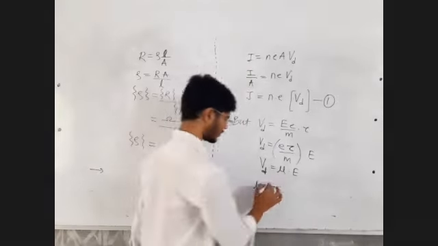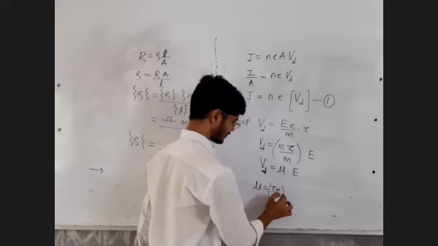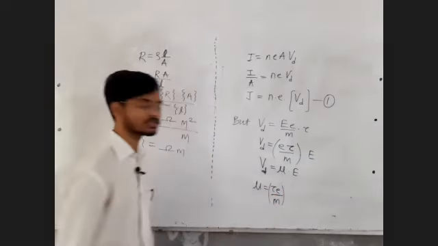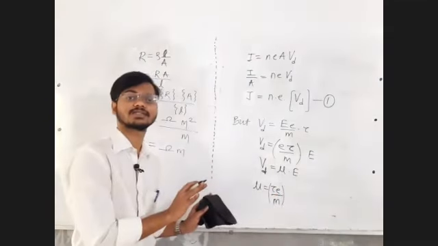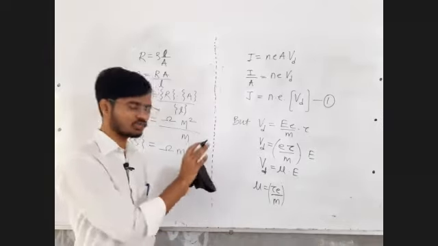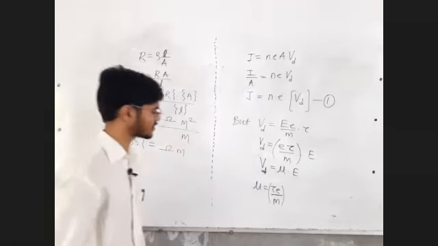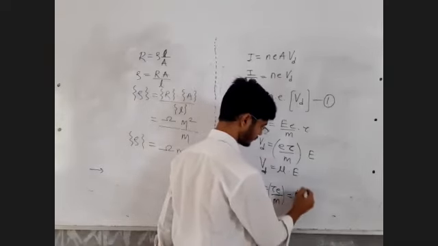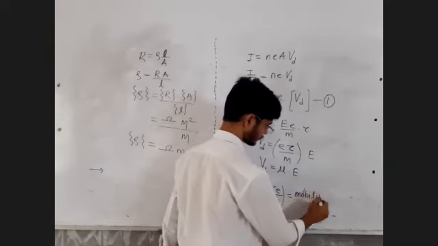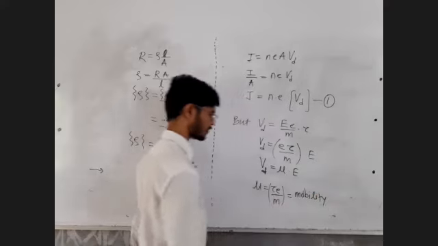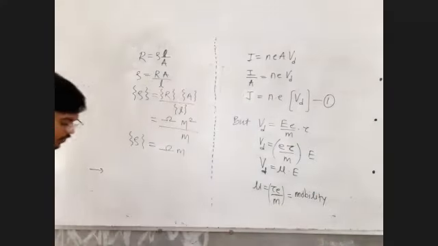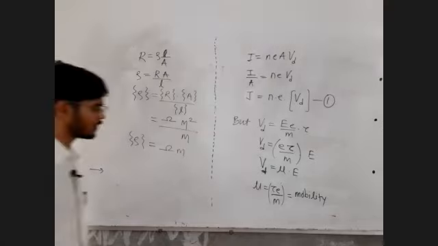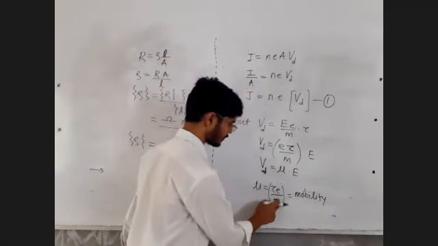It will take 2-3 lectures only, but after this you will be able to write because I know what the final equations are, and with those 3-4 final equations I am doing all these things. Mu is called mobility. Mobility of charge carrier, or simply mobility. It is always relaxation time into e by m.